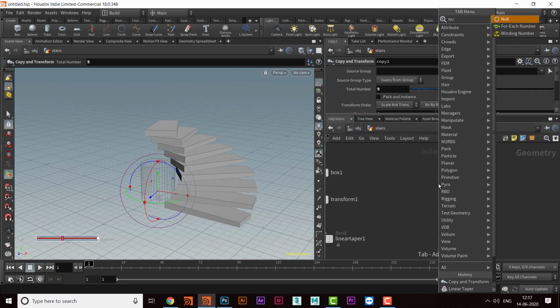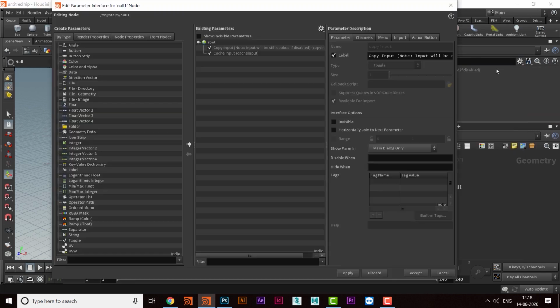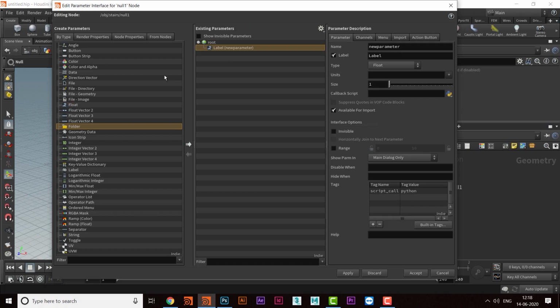So for that, I will take a null value, and I'll go and make them invisible. And then I'll take two float values.